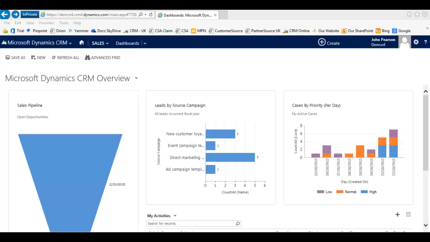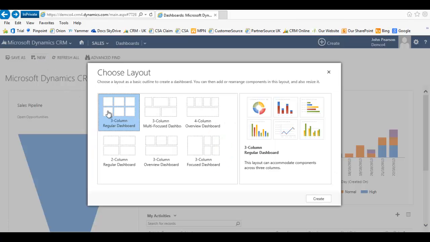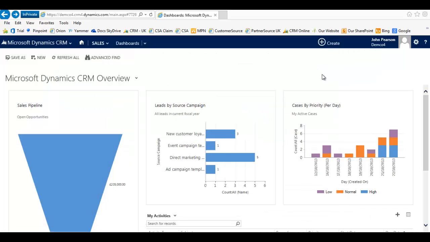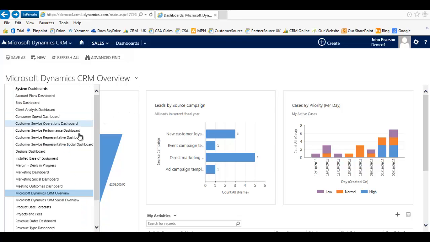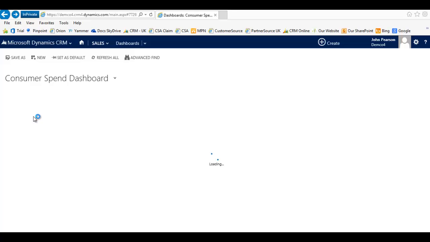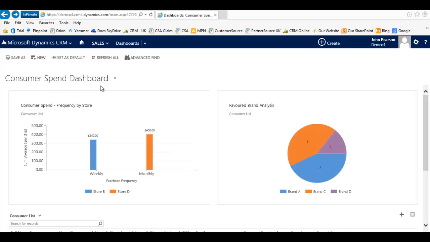Let's take a closer look at dashboards in Microsoft CRM. As well as the standard dashboards, you can set up your own new dashboards to suit the way you work. There's a very simple facility to do this. You can create your own dashboards and include charts and views that are relevant to the way you work. So for instance, let's say you are focused more on business to consumer in the way you operate. You may want a consumer spend dashboard showing you the frequency by store that people are visiting, or perhaps their